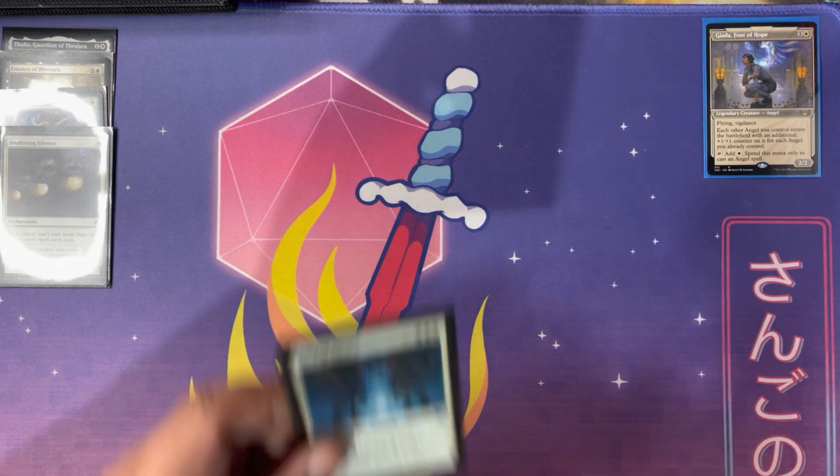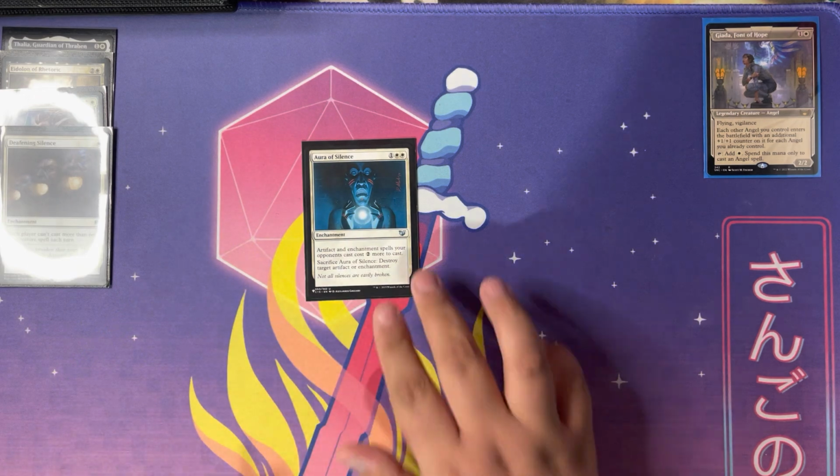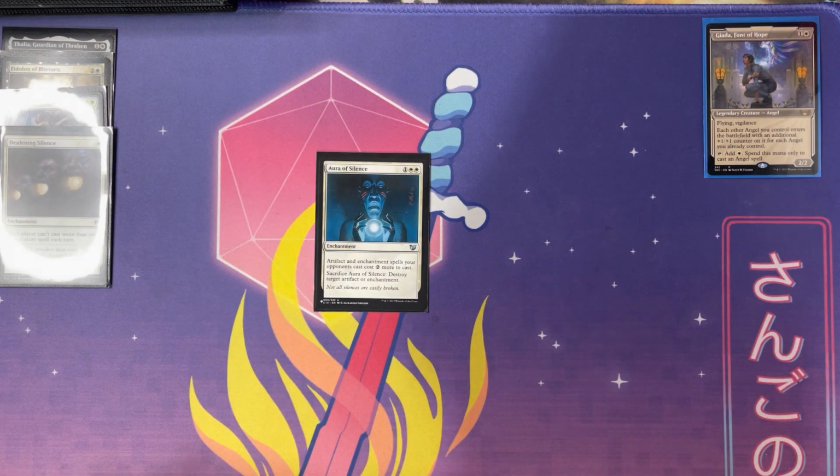At number 6, surprise, Aura of Silence, 1 and 2 white for an enchantment. Artifact and enchantment spells your opponents cast cost 2 more to cast. You can sacrifice this card to destroy target artifact or enchantment. So once again, we're looking to slow them down. This entire deck is built around slowing down your opponent and then accelerating with your angels once you have the higher